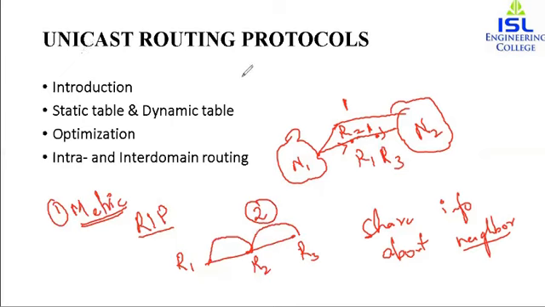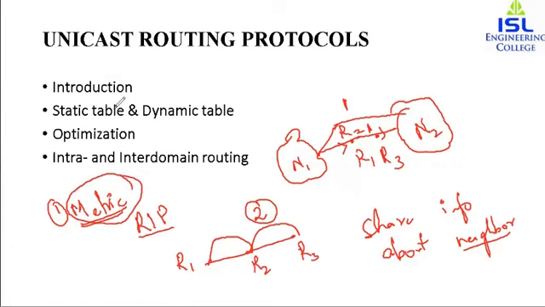Suppose the throughput is the number of packets sent that are received by another network, that is the maximum throughput, or the number of packets sent that are received with minimum delay. Those kinds of things will decide which metric to be used. If we are using the minimum delay metric and the link between the two networks is fiber optics, then it will be minimum delay. But if it is a satellite link, then it will cause more delay than fiber optics.